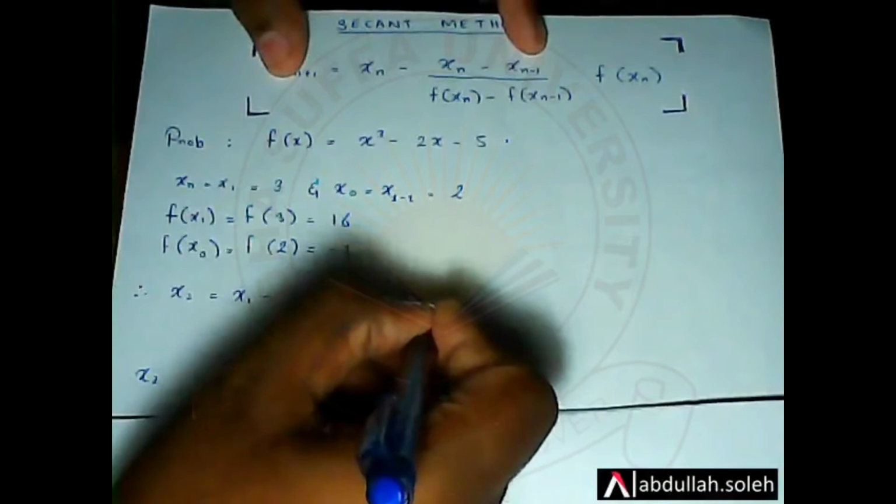Now by putting the values of x1 minus x0 over f of x1 minus f of x0, we get, but I missed something here. According to the formula, here should be f of xn, which is x1, so I am going to write it here, f of x1. So the formula is complete now. By putting these values I found that the value of x2 is